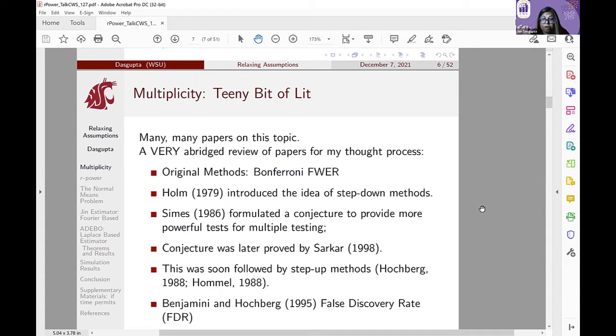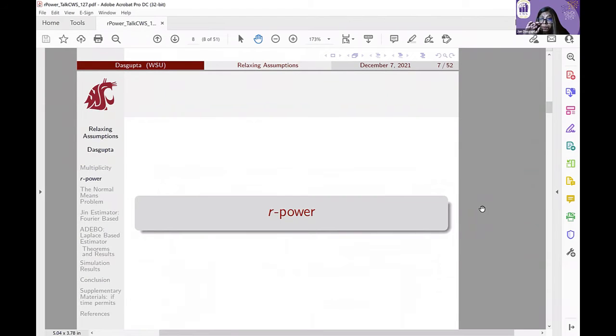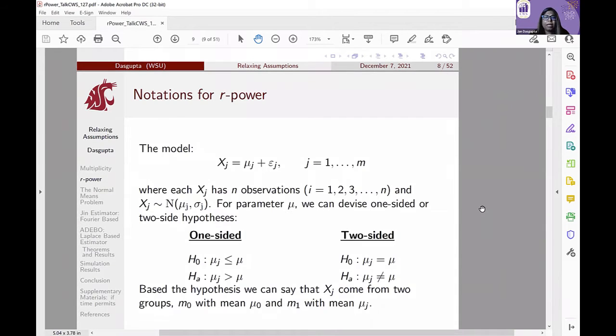because what we are going to do is take a different tack on multiplicity. Okay, so rather than try and kind of control multiplicity and then say, okay, these are your, quote unquote, significant decisions, what we wanted to do was kind of look and see what practitioners actually do and then make some adjustments. So the idea of R power is fairly simple. Let's say we have a hypothesis, in this case, whatever, one-sided, two-sided, in our ridiculous example case, somebody is guilty versus not guilty. Okay, so this is our hypothesis.